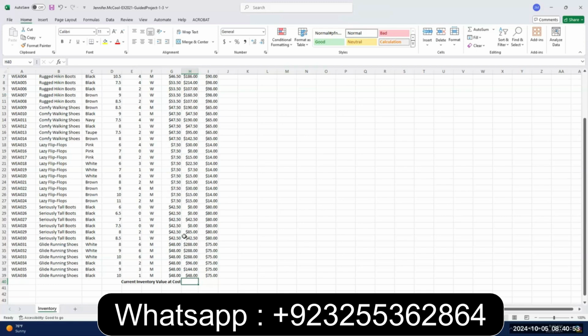I am not going to double click it. I want to show you what this is actually doing. If you double click it, it automatically does it right away. So I'm going to go up here to the Home, Editing, auto sum button. Click it. I'm clicking it once. It puts a little marquee